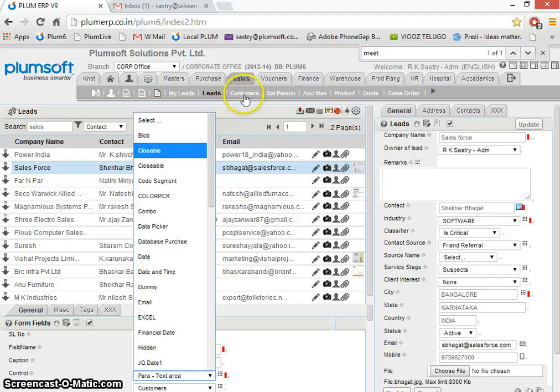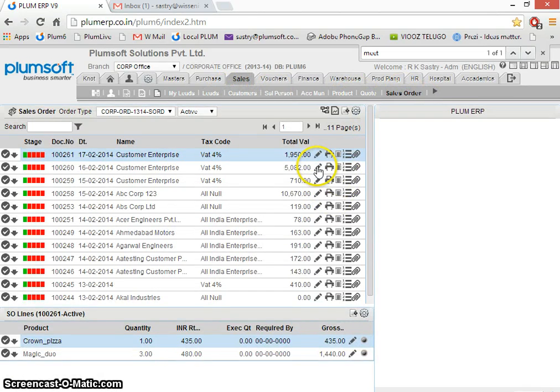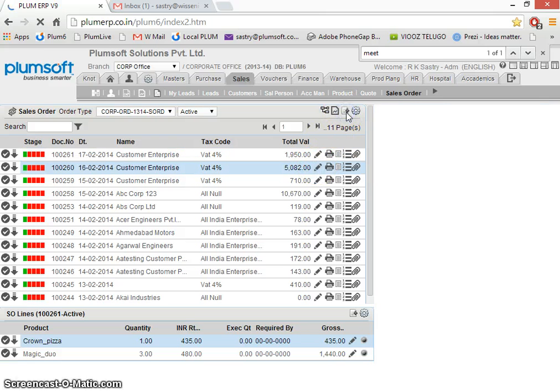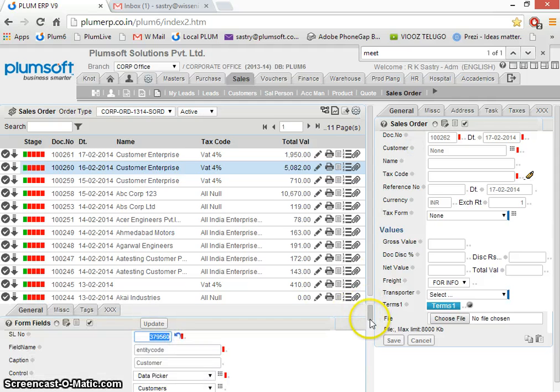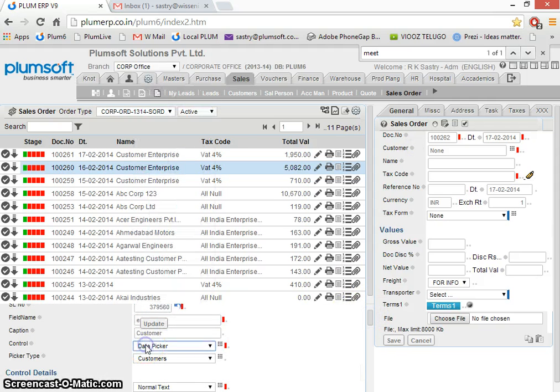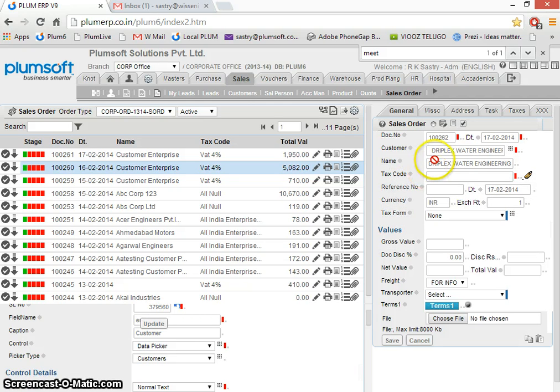Say for example, let's take the sales order. In the sales order I create a sales order, and this customer is actually, you will notice, a data picker. Here I'm picking customers. So what does it mean? You will see a customer coming up here, and I type some engineering, and you will see all the engineers in companies will appear, and just pick them up. So the moment I pick them up, okay, say